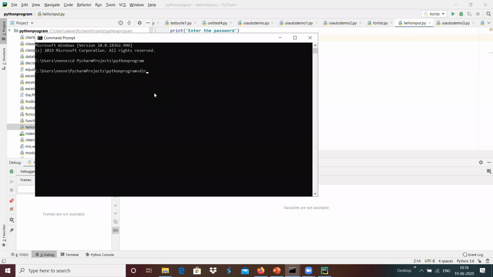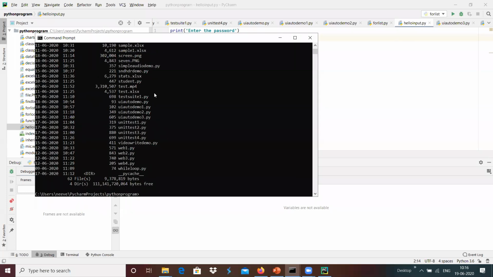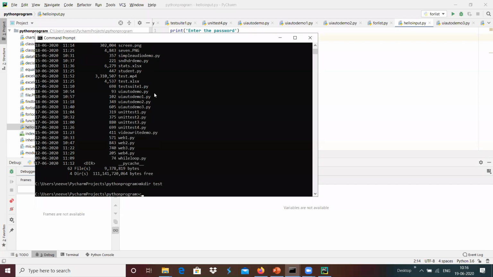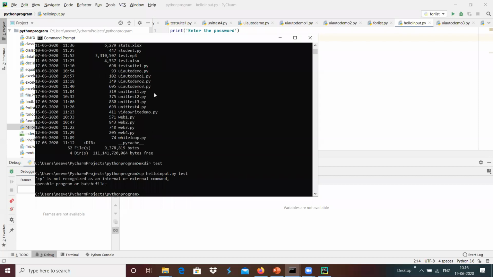Inside that we have different files, and I'm going to create a separate folder, mkdir test, and copy hello input.py into test.